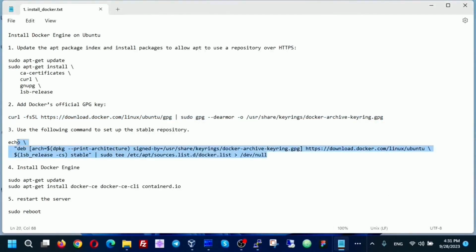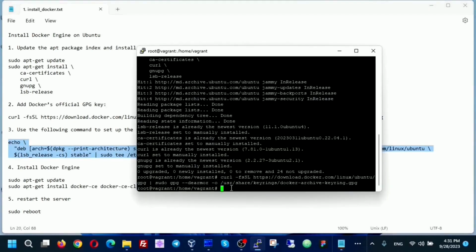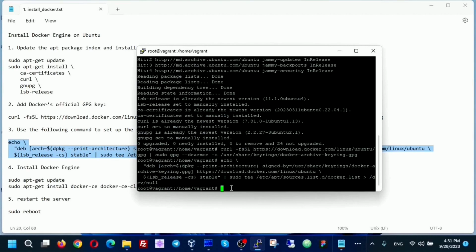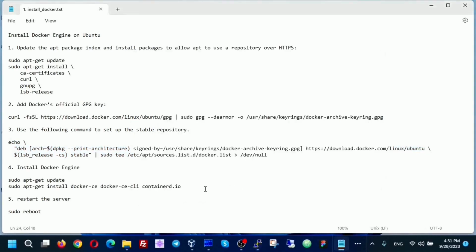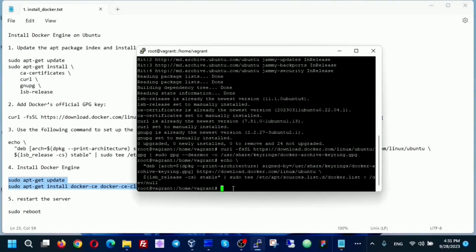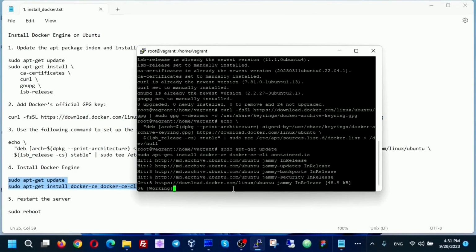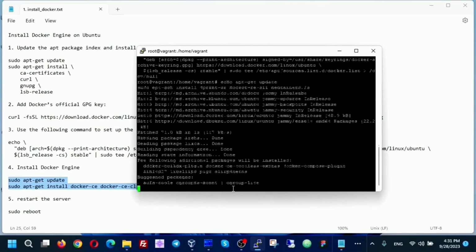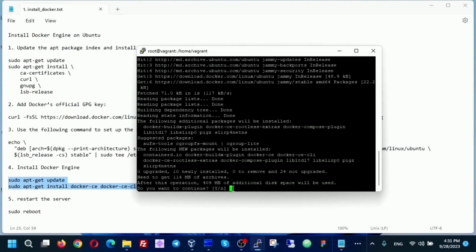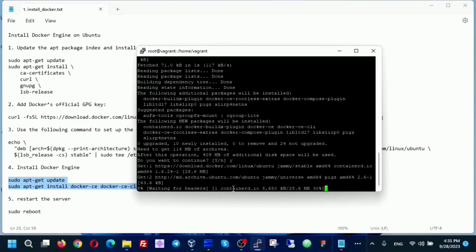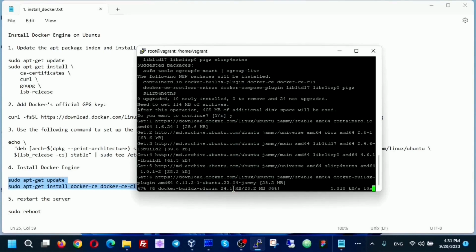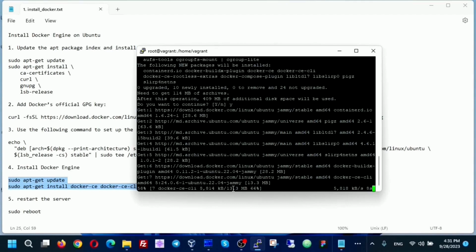The next command. Copy and right-click to paste. Fourth command. Right-click, enter. Here we have to press Y. It means yes. We continue to install Docker. Docker is a virtual machine that runs on a Linux server.